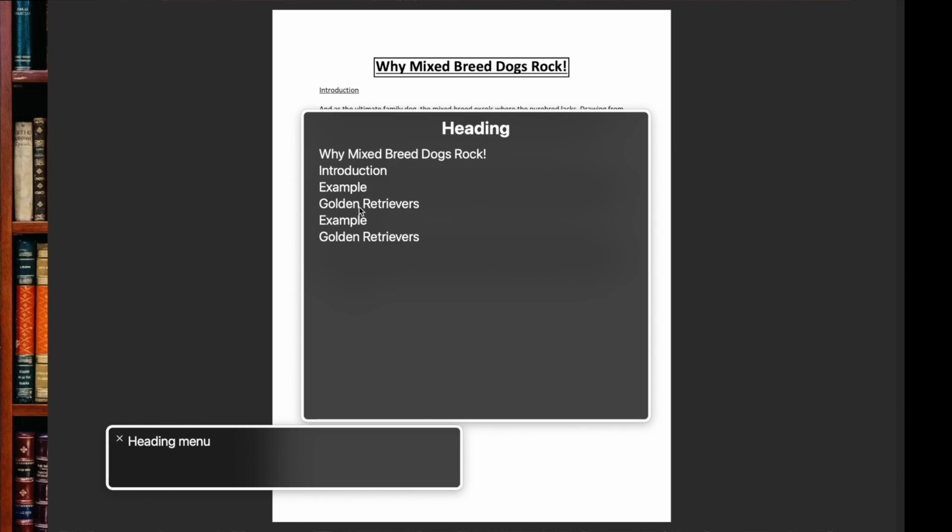One last thing I want to mention before ending the demo is the importance of using unique heading level names. You don't want to have the same name because that can be confusing, so having unique names as you do the heading levels is important to keep in mind as well.